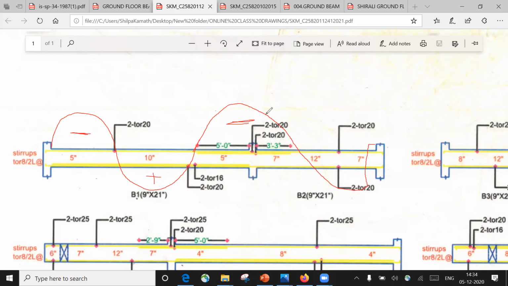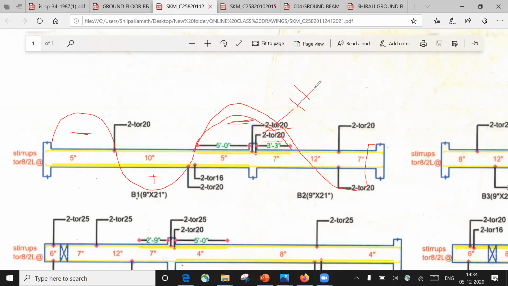So in this particular area, my beam will try to lift up. If my beam will try to lift up, what will happen? I need to provide more reinforcement. That is why you can see a 20 diameter 2 bar and 20 diameter 2 bar, right? Whereas in this region and in this region, you are providing only 20 diameter 2 bar. But here, already you have provided 20 diameter 2 bar, along with that you are providing another 20 diameter 2 bar, since I don't want this lift to happen. This is called a hogging moment.